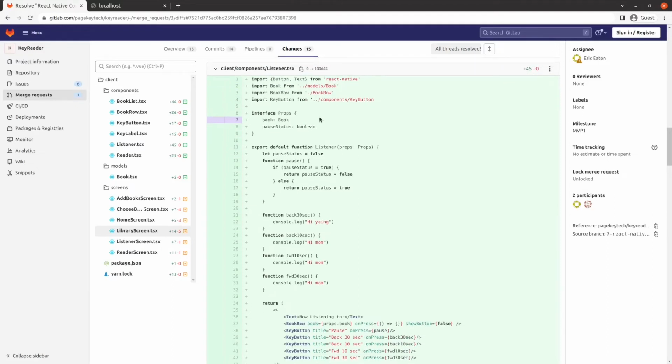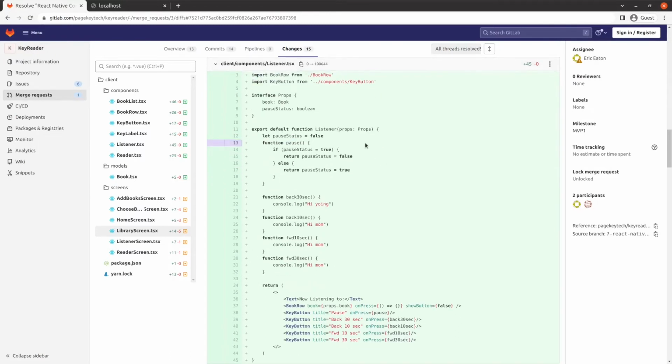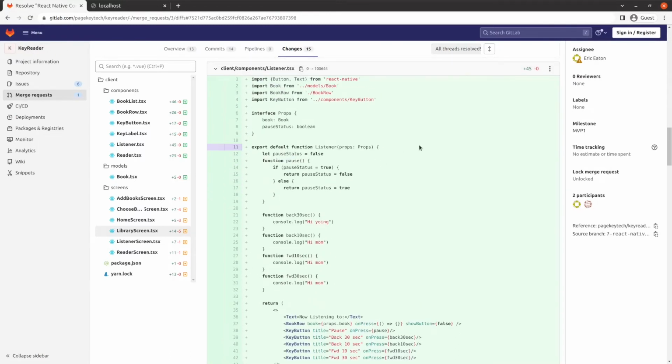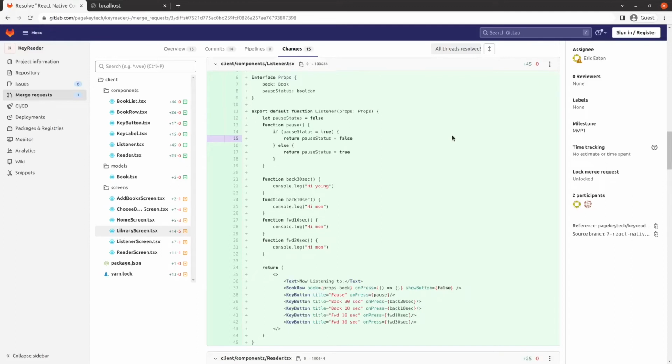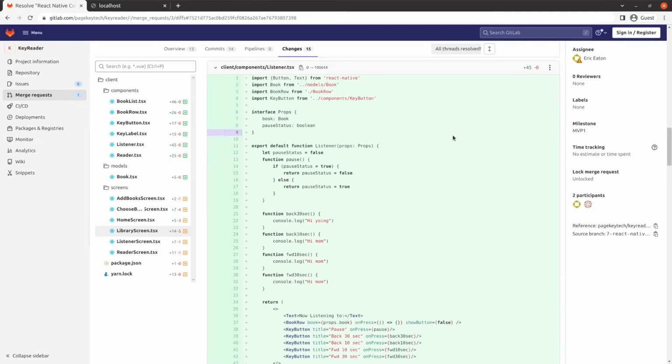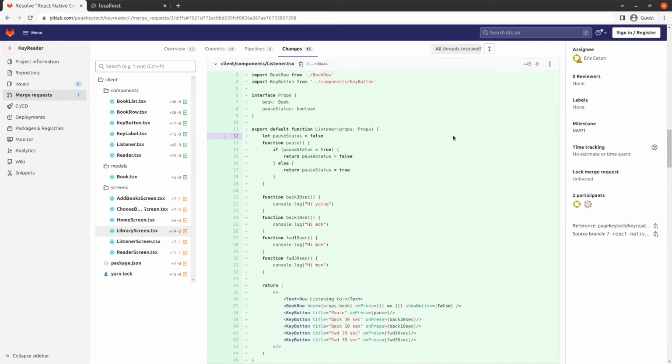But so the listener screen, or not the screen, the component for the listener. So this is our audiobook listening interface, right? What do we got here? I mean, really nothing too crazy right now. It's just a bunch of placeholder. So eventually when we do have audio streaming, like an audio player,